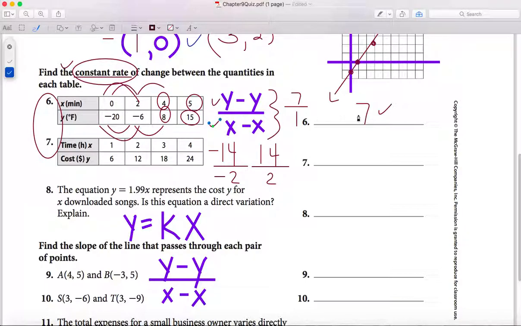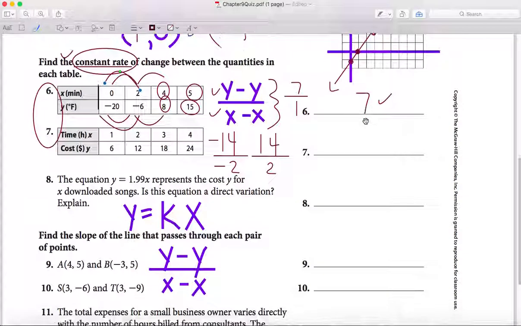Okay, and that gives you the constant rate of change. Or if they said, does each table represent a constant rate of change, that's when you're going to have to make sure that every single pair of x and y values comes up with the same value, and then that's a yes or no question. But in this case, it's just what is the constant rate of change, so find the values, subtract them, and